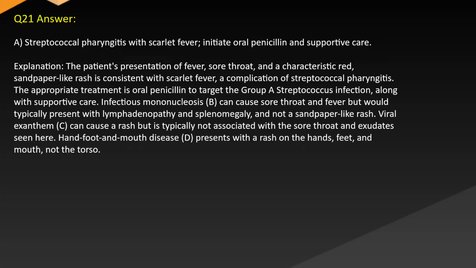Answer A. Streptococcal pharyngitis with scarlet fever. Initiate oral penicillin and supportive care. Explanation: the patient's presentation of fever, sore throat, and a characteristic red, sandpaper-like rash is consistent with scarlet fever, a complication of streptococcal pharyngitis. The appropriate treatment is oral penicillin to target the group A streptococcus infection, along with supportive